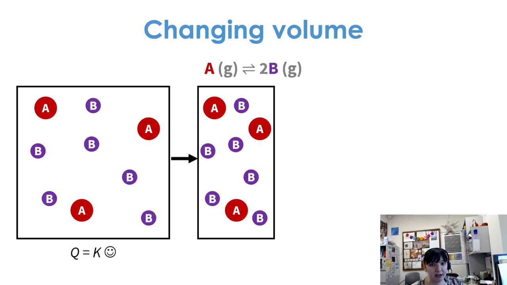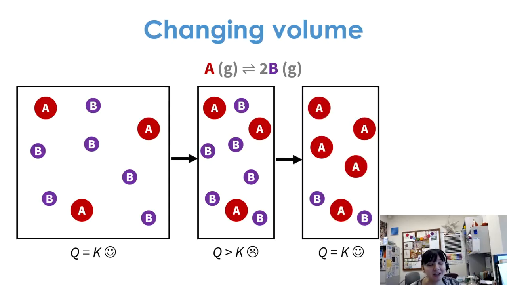And so even though I've compressed everything by the same amount, what I essentially see here is a reaction quotient that is larger than K, meaning I need to make more of my reactants and less of my products, or I have it too heavy on the product side right now. And so given some time, this reaction is going to respond by making more A and less B,